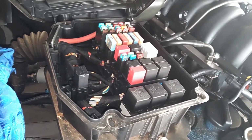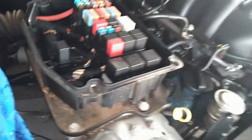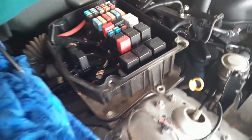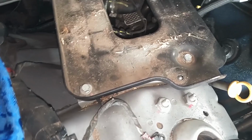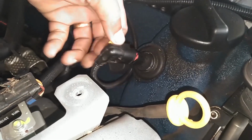Fuse box and relays and stuff like that. I'm not going to move that far, so I'm just going to try to scoot it out of the way a little bit. Alright, after you do those two 10s, you can leave the cover on actually. Lift this up and 3 10 millimeter screws there. Then we'll have decent access to this valve cover. Alright, I unclip this